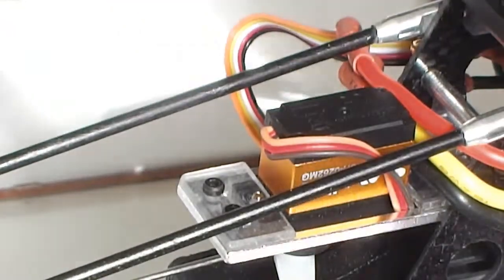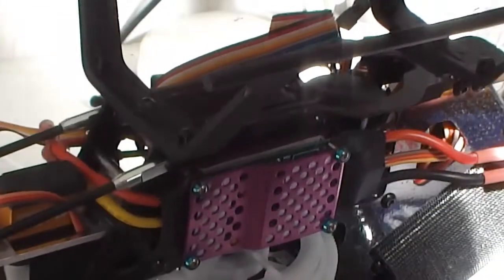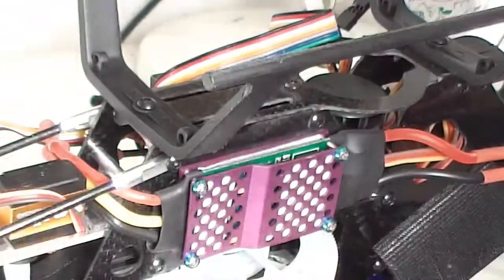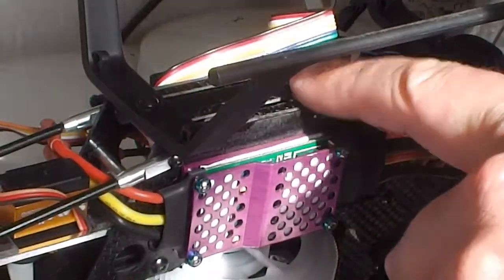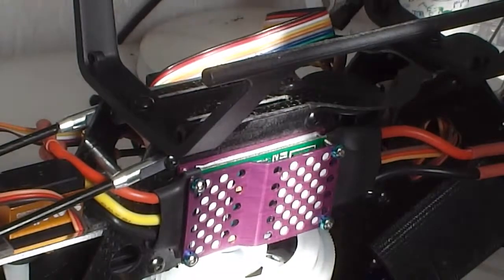Now, to do that, I had to make some real estate space on this heli, and because there's not a lot of room on it, I had to file down the frame from overlapping on this bottom plate here. I had to take off the CCD camera